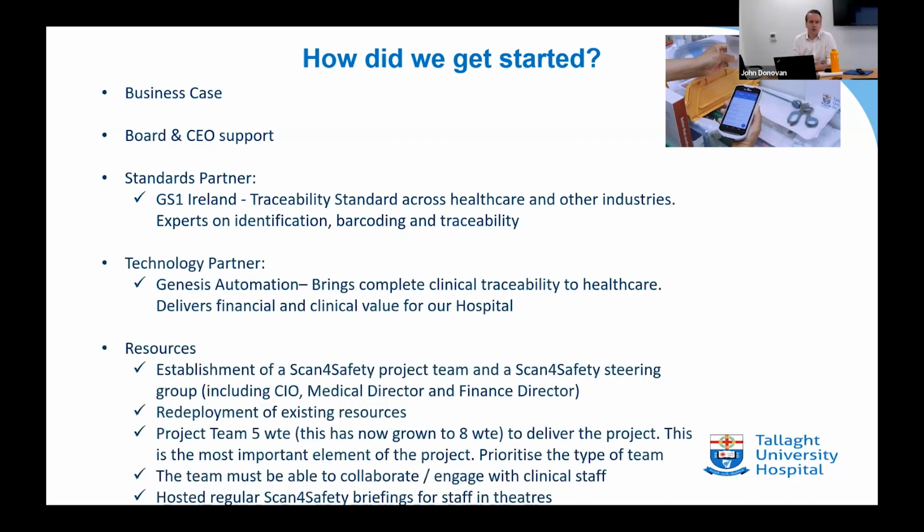And then resources, we established the Scan4Safety project team. Obviously that department, if you will, didn't exist before 2019, and a Scan4Safety steering group through this proof of concept phase. We didn't necessarily have new employees for the proof of concept. We kind of begged and borrowed and stole from different departments, and we had redeployment, and we reorganized a few of our departments. So we got a working group going, and that working group was around 5 people